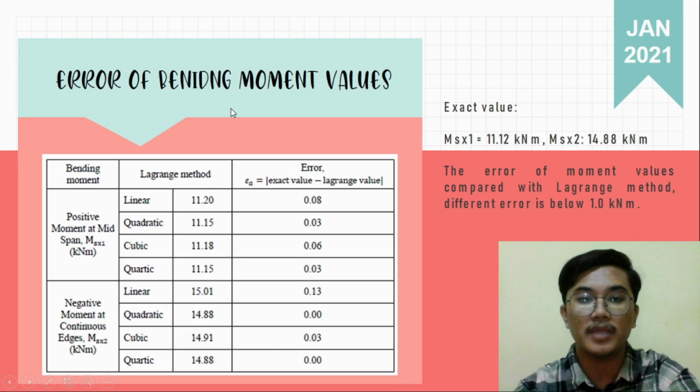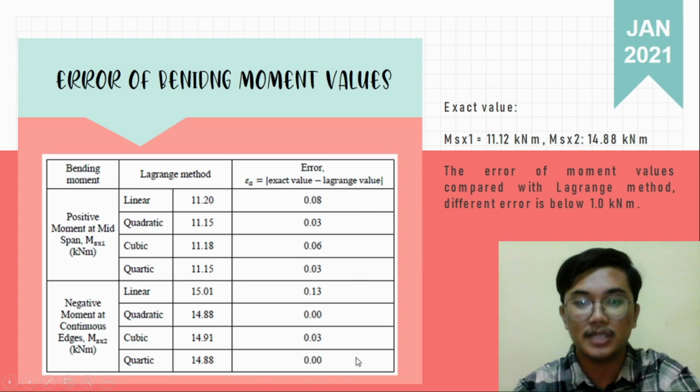Next, for the error of bending moment values. So it is the same procedure as error of bending moment coefficient. We still need to find the value of the bending moment at the positive moment at midspan, and also negative moment at continuous edge. So we also use the Lagrange method, which are linear, quadratic, cubic, and quartic, and get the formula stated here. As for the error, we also use the same as the error of the bending moment coefficient, which is using the absolute error formula, which is exact minus the Lagrange value, and we produce